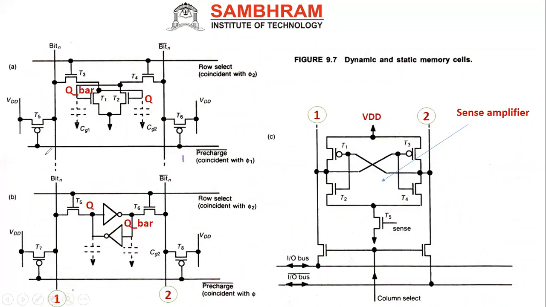If this is 1, sorry, not 1, it is pre-charge, right? Bar actually. So 0, 0. What will happen? The PMOS will be on. This PMOS will be on. Then automatically what will happen? This is the VDD. The VDD will come over this, so this will be charged, pre-charged, even this also will be pre-charged with the VDD. So I can say the bit and the bit bars are pre-charged by VDD with the help of the PMOS transistors, that is T5 and T6.